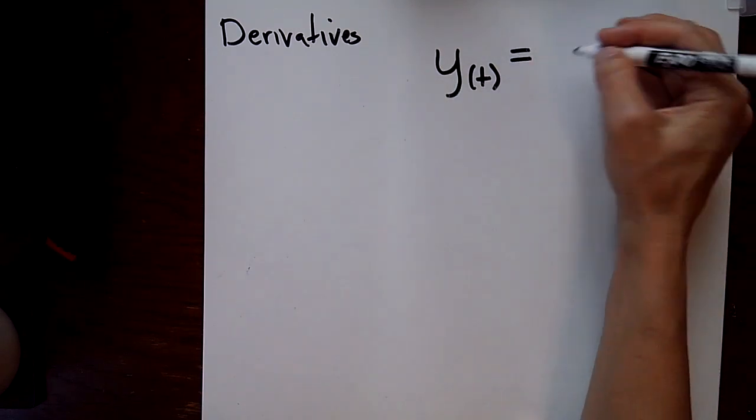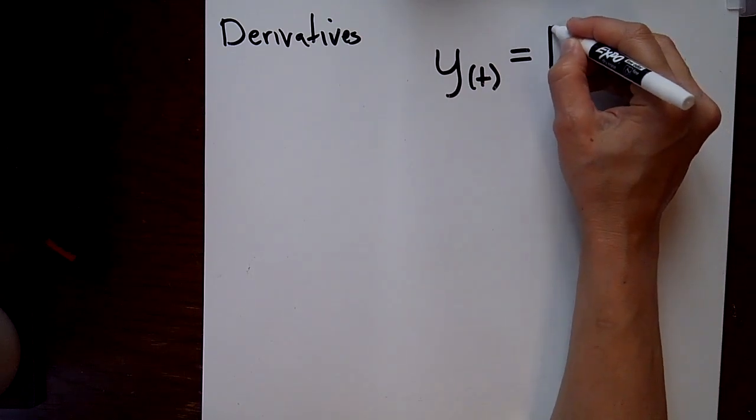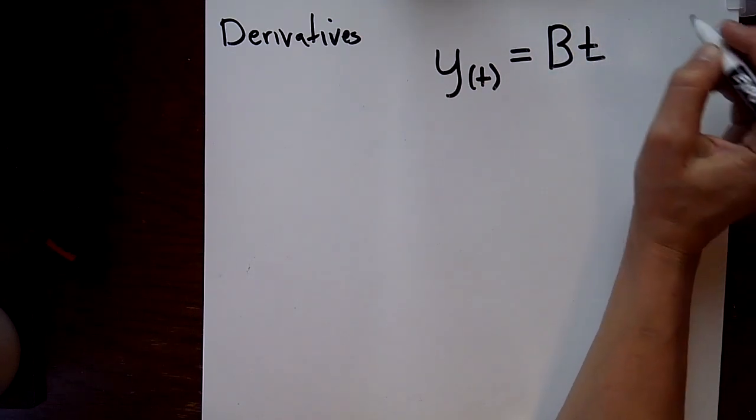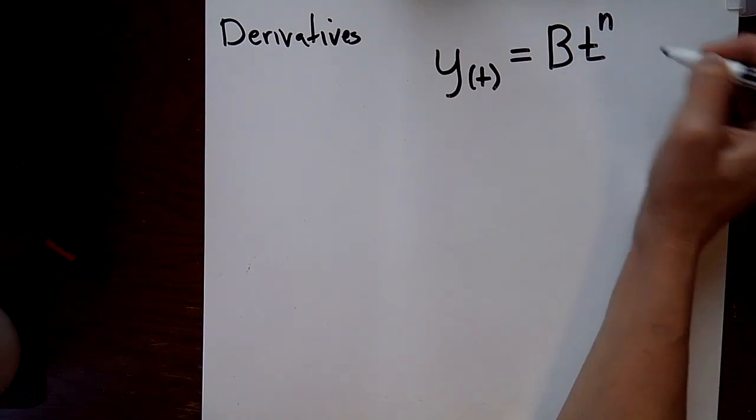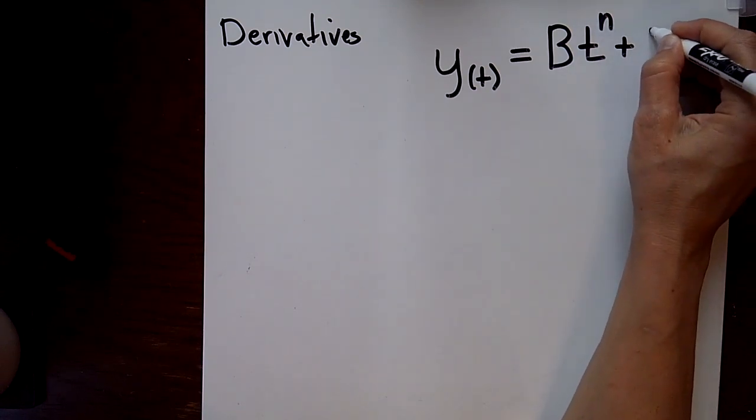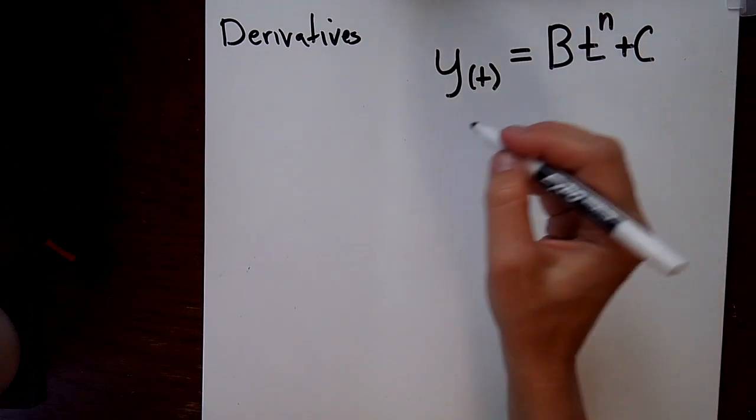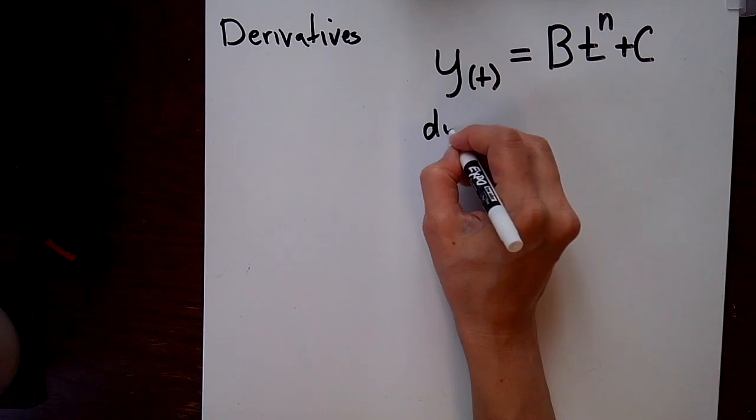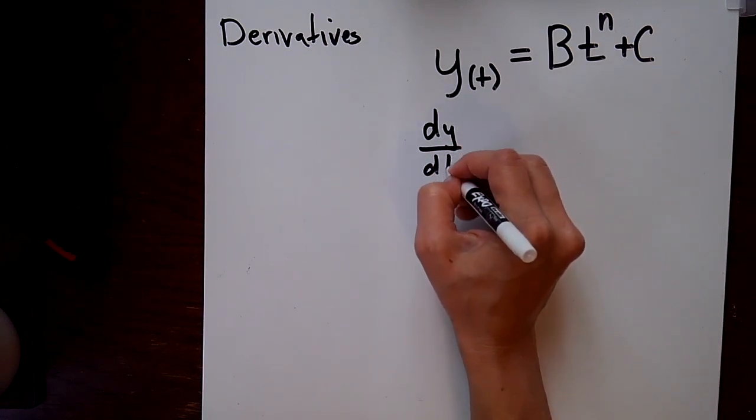And here's the equation for it. It'll be some number, I'm just going to call that b, multiplied by t, and t will be to a power n, and then maybe we'll add a constant. Now if I want to know what the derivative of y is with respect to t, which we write like this, dy/dt,